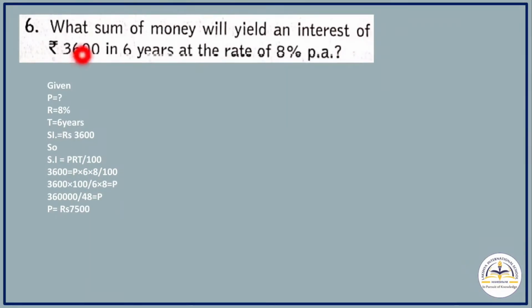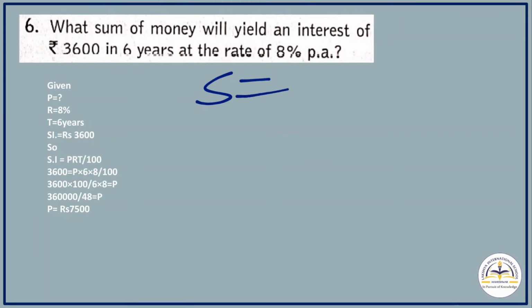Now question number 6. What sum of money will yield an interest of rupees 3600 in 6 years at the rate of 8% per annum? Now we have to find out the principal. So the rate is given, that is 8%, the time is given, that is 6 years, and the interest is also given, that is 3600. Now when you put the values,